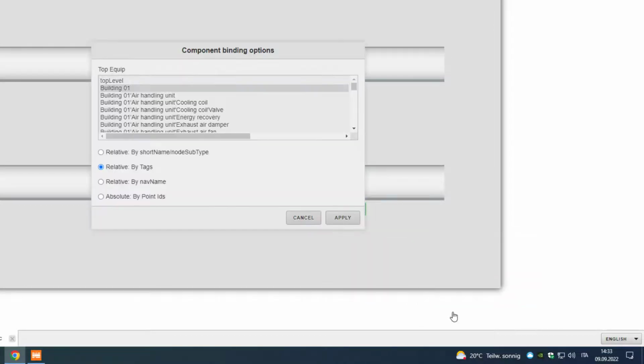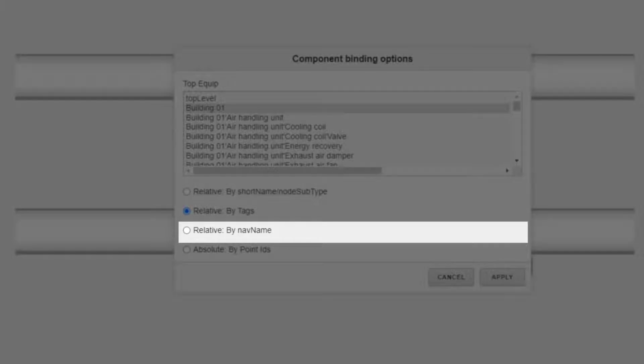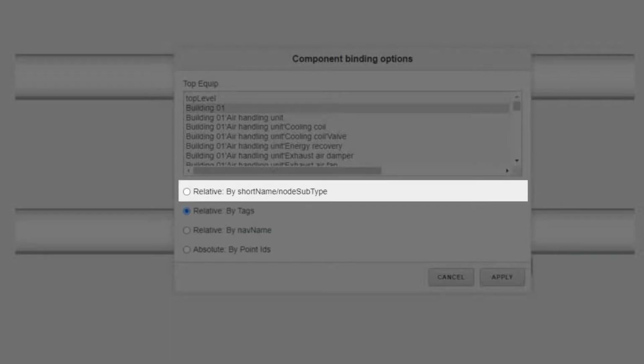We now can select which form of relativize we want to use. By default, once the element is placed on the graphic, this is unique for that element, and it is absolute bound by point ID. To relativize it, we have three different possibilities: by navname, which are properties more based on hierarchies; by tags, which are tags assigned to each element in the configuration; and by short names.